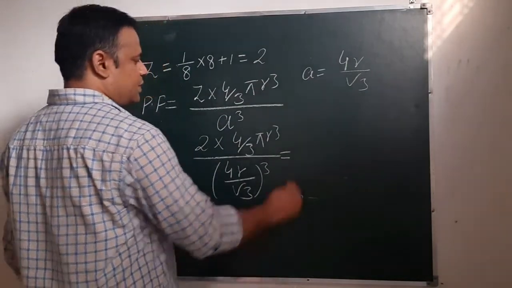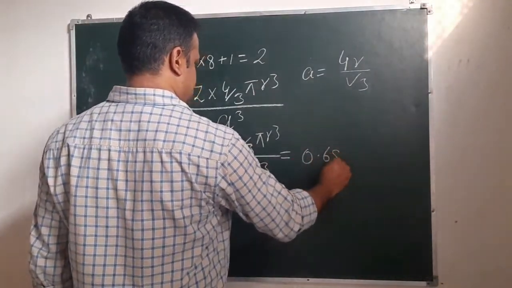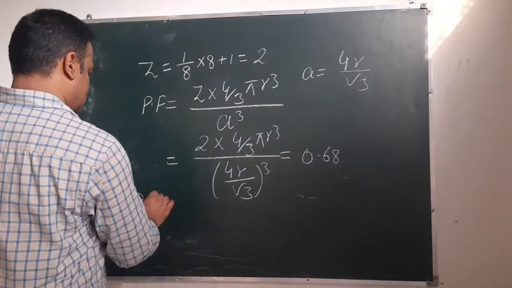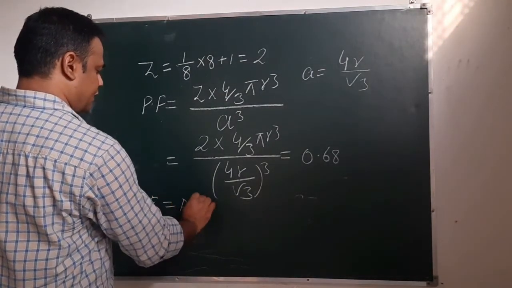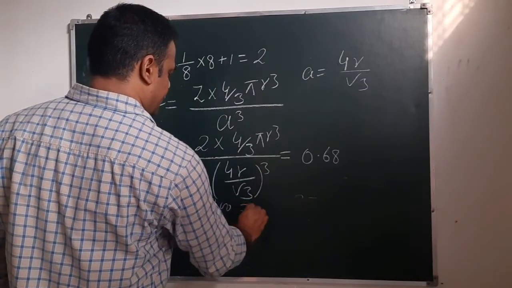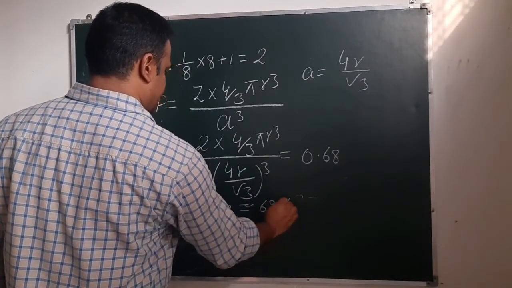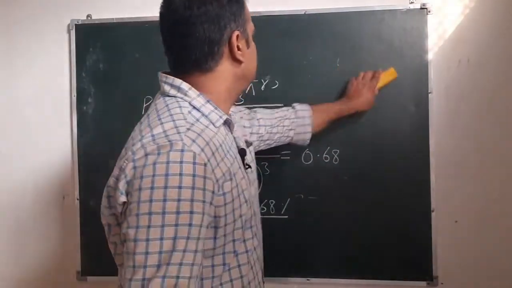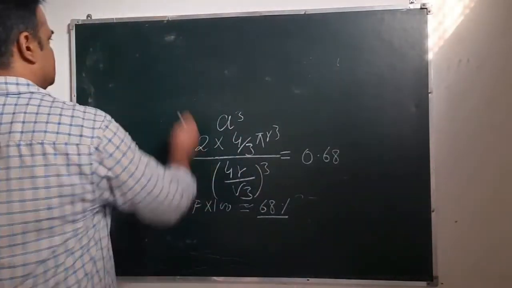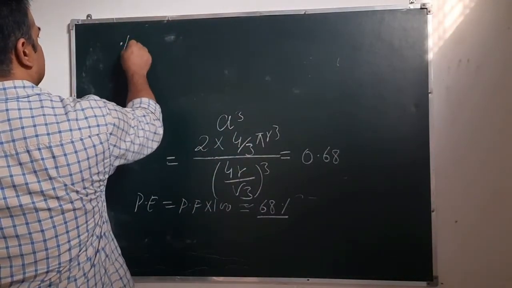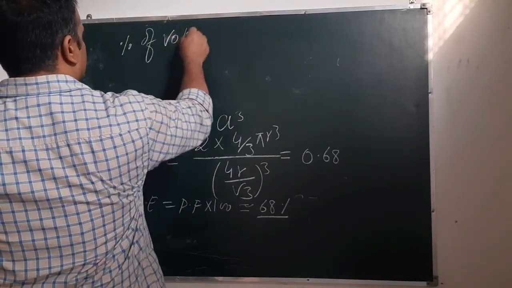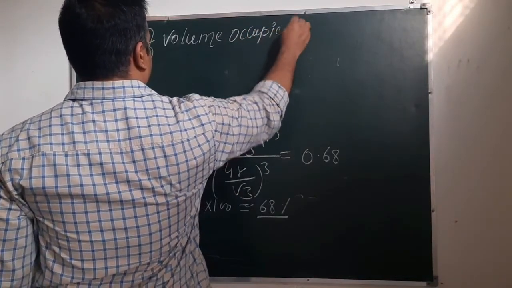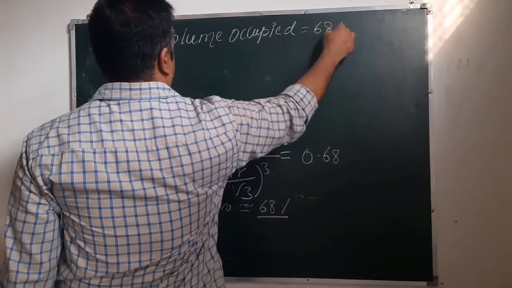the overall value for BCC, 0.68, and we know that packing efficiency is 100 into packing fraction. So packing efficiency PE will be packing fraction into 100, and this will be approximately equal to 68%. So out of the total volume of the unit cell, the percentage of volume occupied will be 68%,